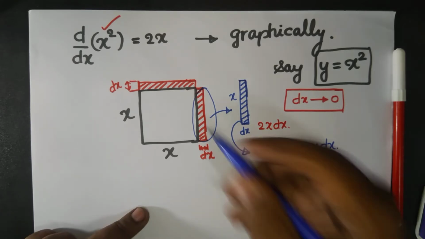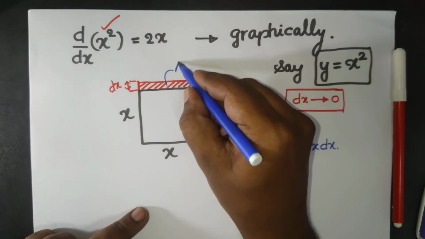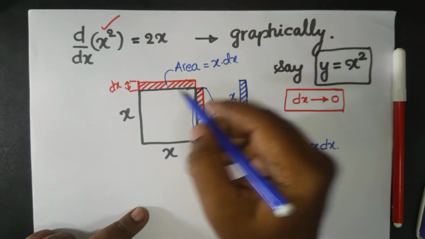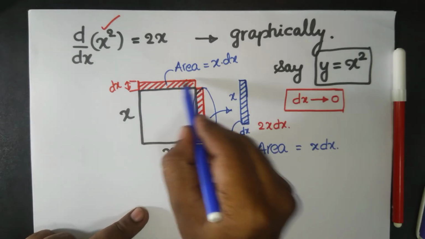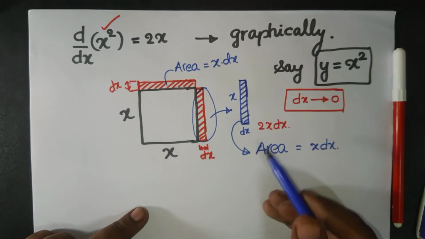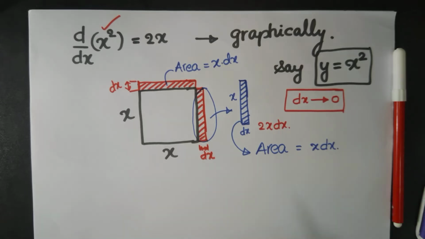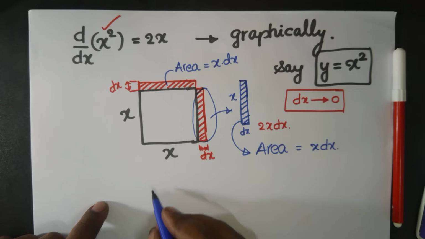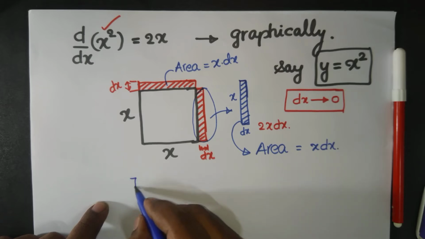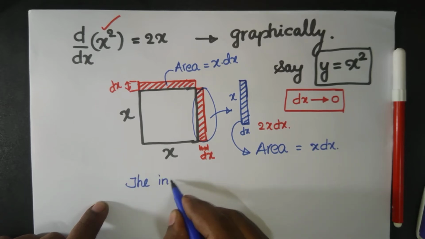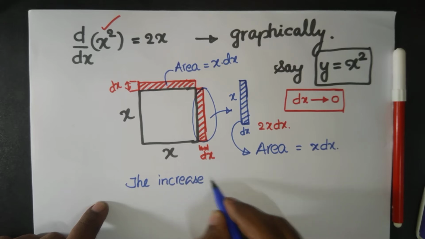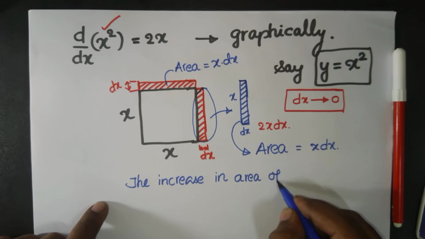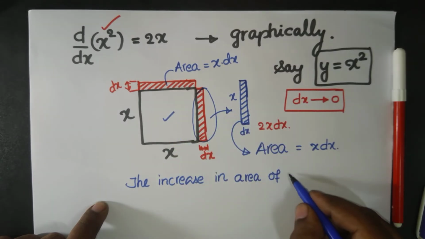Similarly, what is this area? This area is also x times dx, because this is x, right? So this is x and this side is dx. So the area is x dx. Now what happens is this. Now the increase in area of the square. So let's write like this. The increase in area of the square